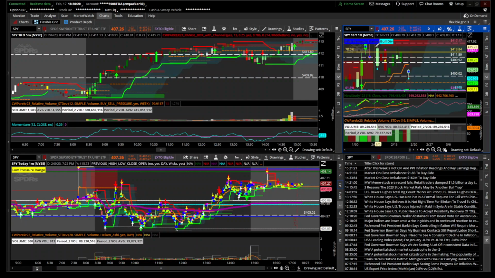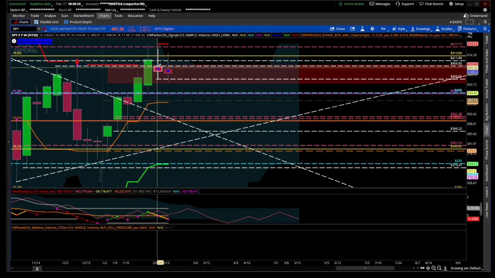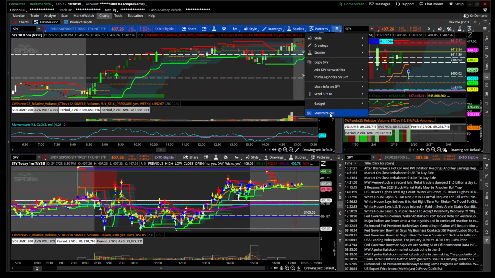That's just showing high pressure range and bull deviation for the SPY. And I believe this is based off my weekly level right here. So we can go to here, and yeah, it's based off this last week level right here. But this is how I basically trade, and this is everything I use